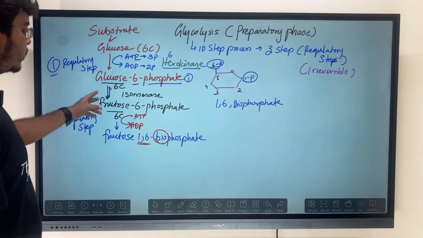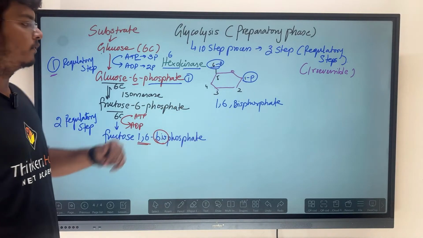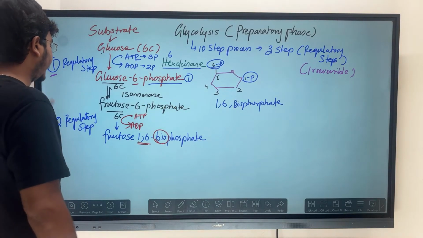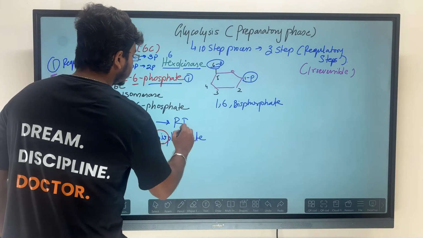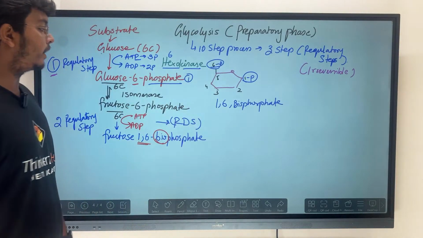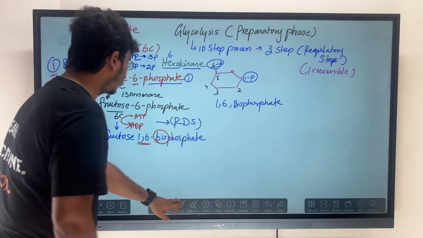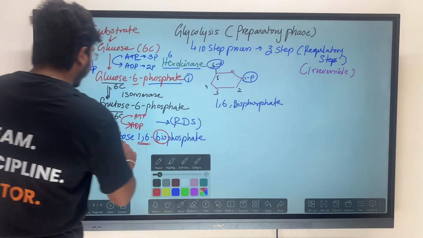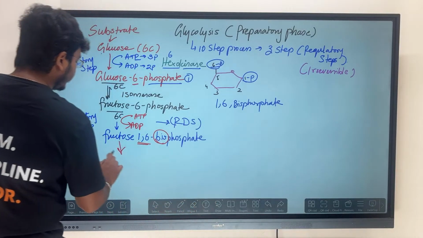What is that? Fructose 6 phosphate gets converted into fructose 1,6 bisphosphate. Okay, so this is a second regulatory step, and remember this is a rate-determining step as well. RDS step. Okay, fine. So coming back to this, fructose 1,6 bisphosphate now gets broken down into